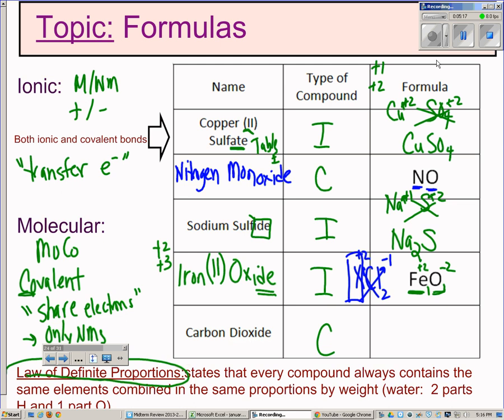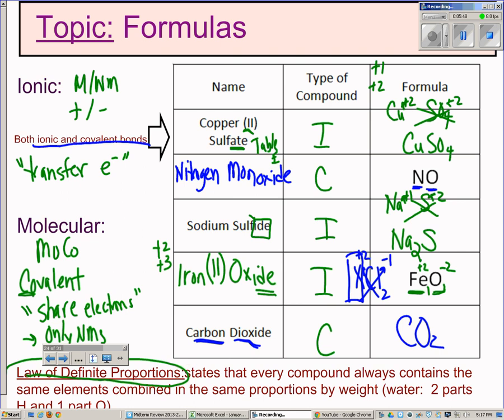Carbon dioxide is our other covalent compound. Carbon, we write C, dioxide, O2. Di means two, tri means three, tetra 4, penta 5, hexa 6, hepta 7, octa 8, nona 9, deca 10. Now there will probably be a question that asks you to find a compound that has both ionic